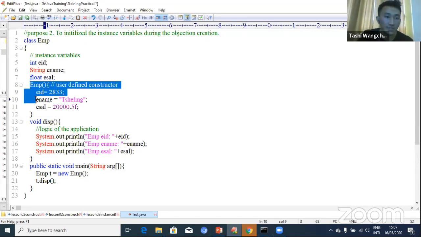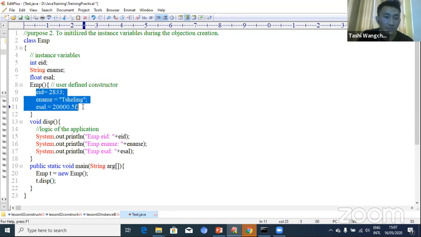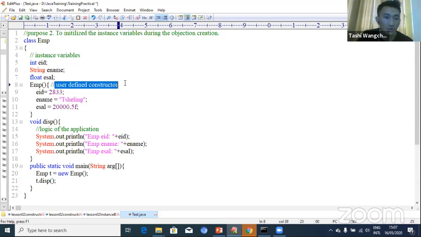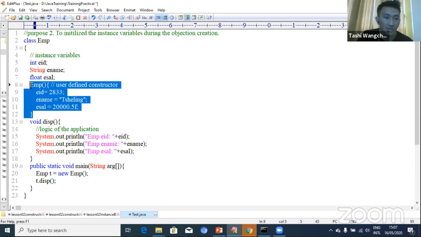This is not the default constructor because we don't have an empty implementation, we have a few statements, logic, here. A default constructor should have an empty implementation and be zero argumented. This is zero argumented, but we have logic here, so this is a user defined constructor